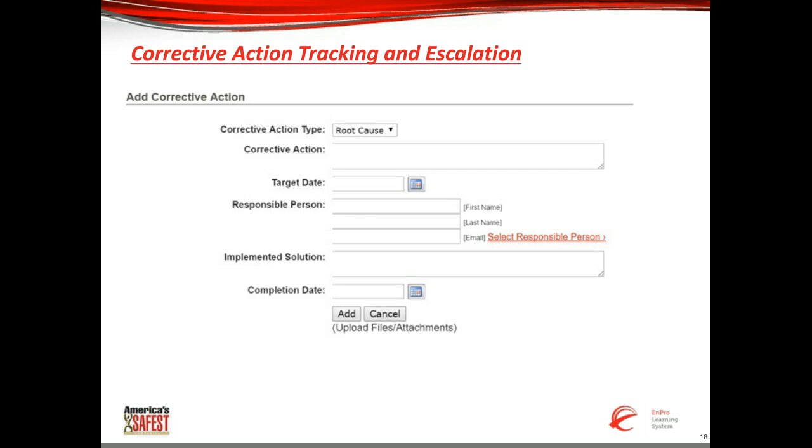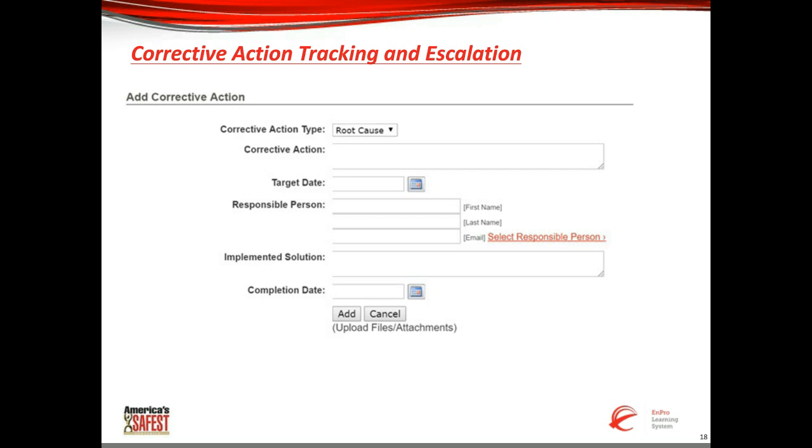So for the corrective action portion of the system, you can enter in either a root cause or immediate corrective action. In fact, you can have it set up so that it requires an immediate corrective action before the report can be submitted. And one of the really neat features of the site that we implemented was that you're actually able to assign the task to anyone with an email address. If they're a registered user, they can go in and get some details about the incident. They can't see specific medical information and things of that nature, but they can log in and get additional details of the incident.